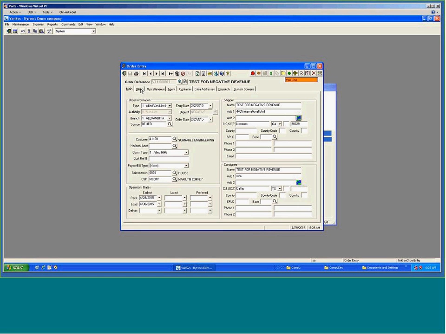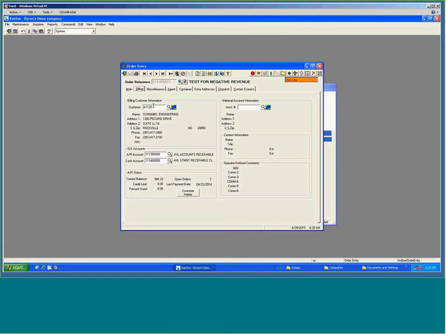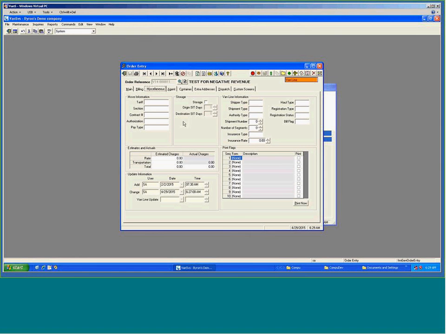You see here across the top tabs relate to billing information, such as information about who I'm billing it to. Miscellaneous information, where I can put in additional information about the tariff, the contract, the pay type, the estimated charges for transportation, maybe even the estimated total charges. Online information that you may want to put in, or that may come down from the van line if you have the van line interface for order registration. And from this screen, the ability to go in and print a variety of